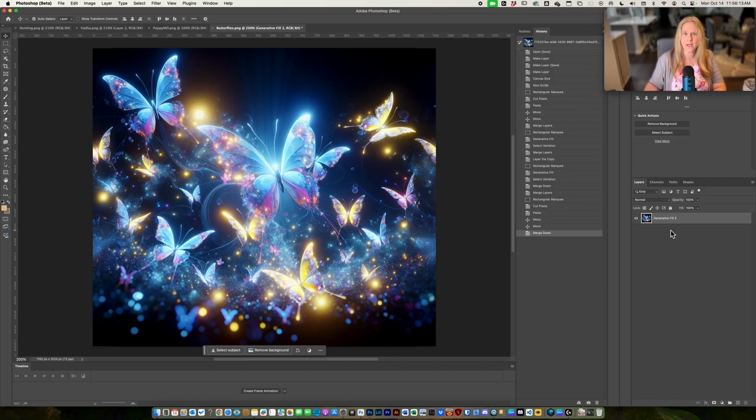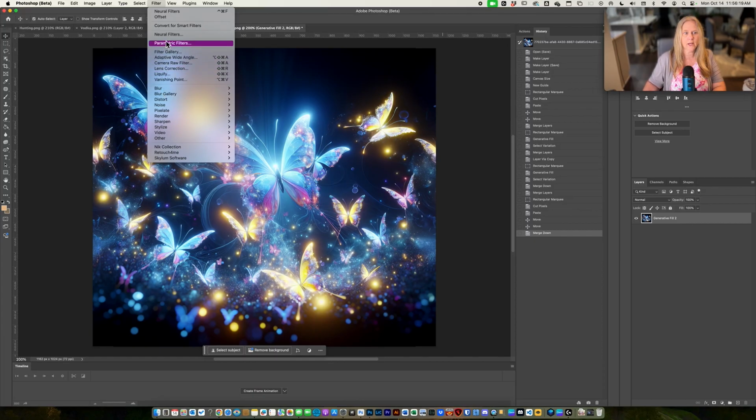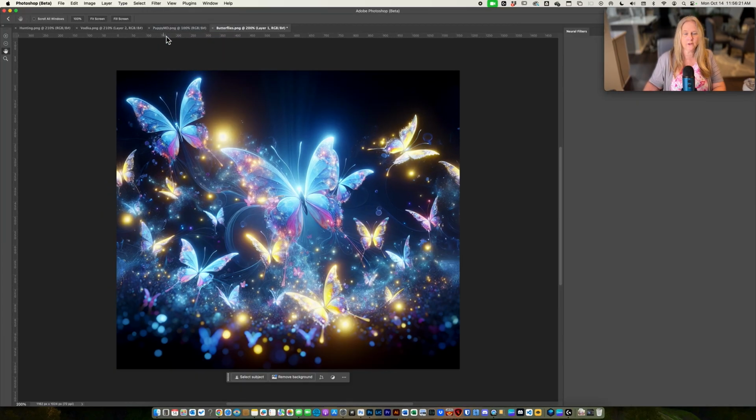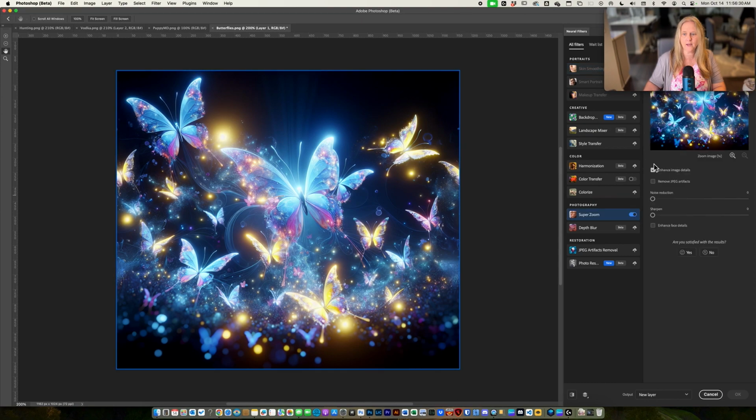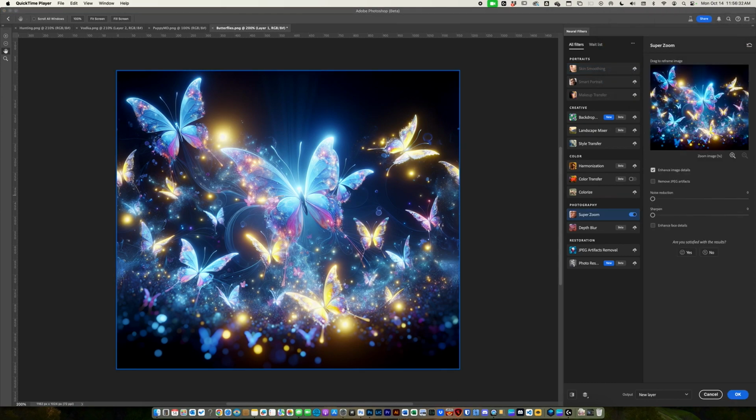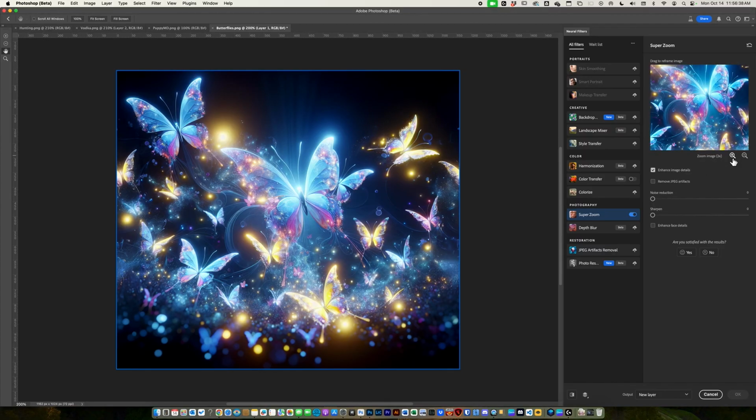You can upscale using Photoshop neural filters. So we're going to go to Filter, and then right here under Neural Filters. If you've never used these before, you'll have a little download feature like this, so you'll have to create that. And let me move this out of your way. And now that I have this selected, I'm going to upscale. One time is going to put me to